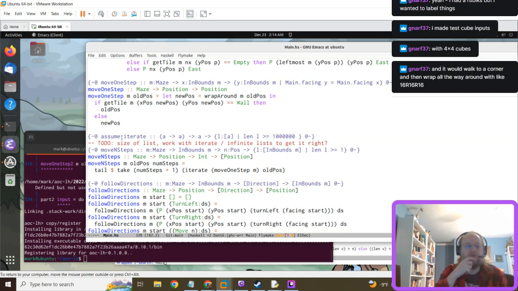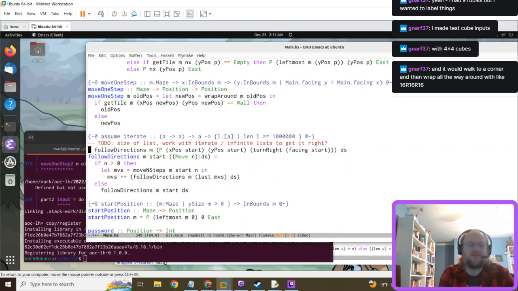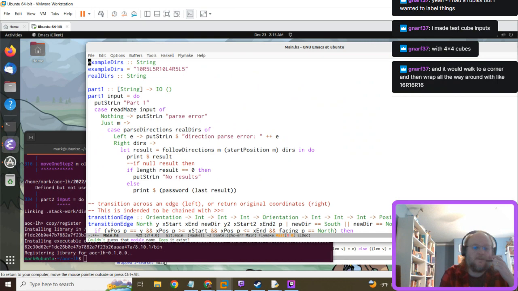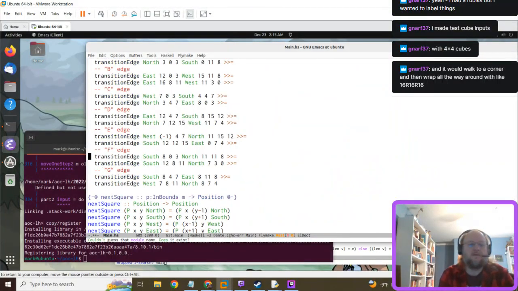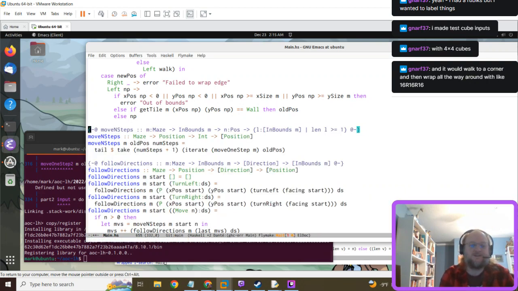We're going to switch to move n steps and follow directions and just copy those. I mean, we could pass in the correct function for both to keep the existing definitions, but